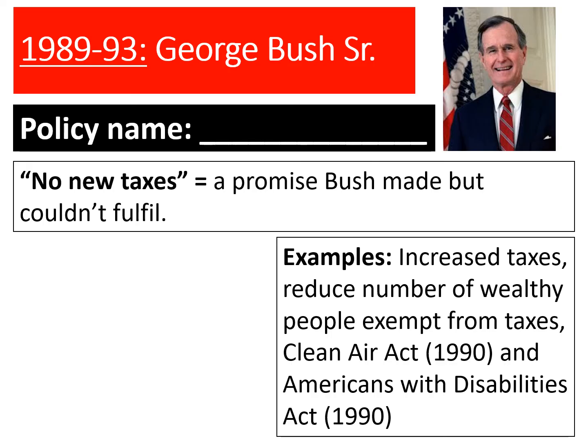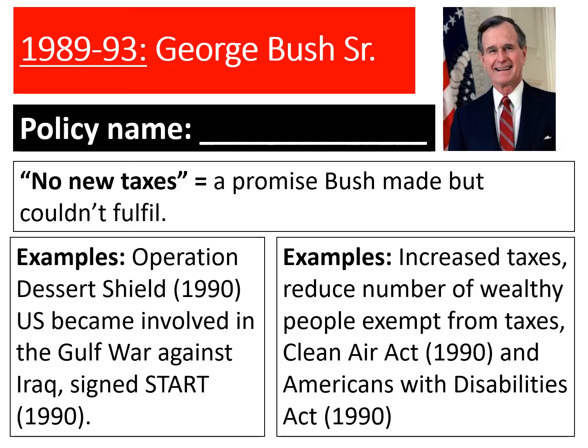Most of George Bush's policies, however, do evolve around dealing with Iran and Iraq and the Gulf War. So in 1990, he launches Operation Desert Shield after Iraq invade Kuwait, which is their neighbour, and Saddam Hussein, who is the leader of Iraq, says that it belongs to them, where it doesn't. So America says that they will step in and make sure that this does not happen. So they launch Operation Desert Shield. It's very successful. In a few days, they've managed to take Kuwait back, and the Iraqis have moved back.